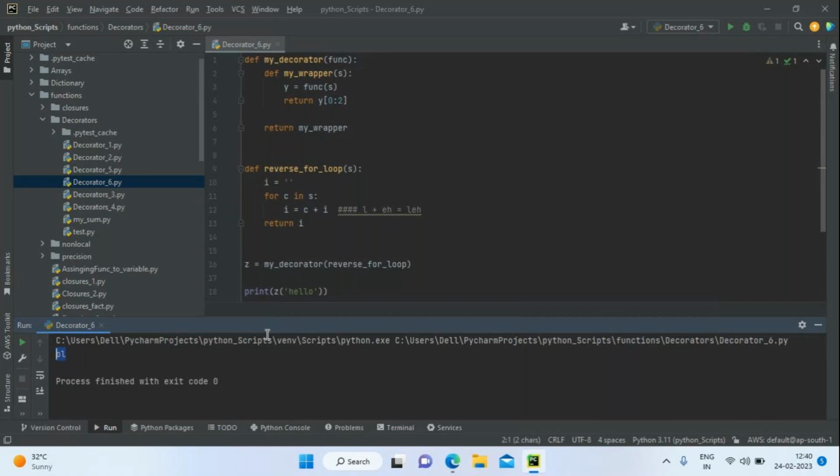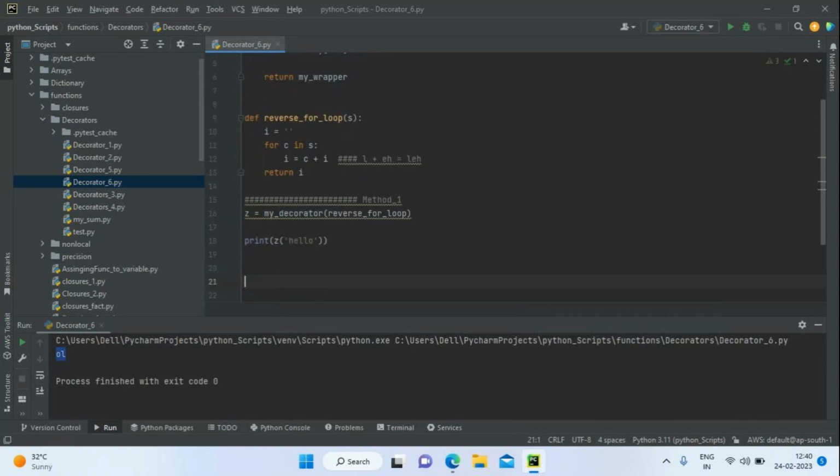There are two ways to pass the reverse for loop function to my decorator. This is the first method actually. One method is you can use the pie syntax. The second method is you can pass it without the pie syntax. I'm going to show how to pass it with the pie syntax. You have to put the pie symbol, the at the rate symbol. At the rate of